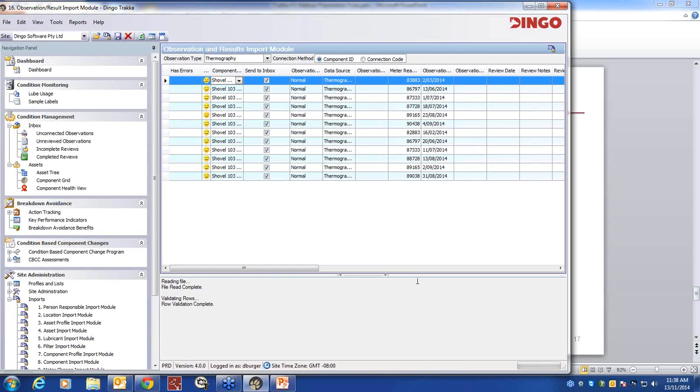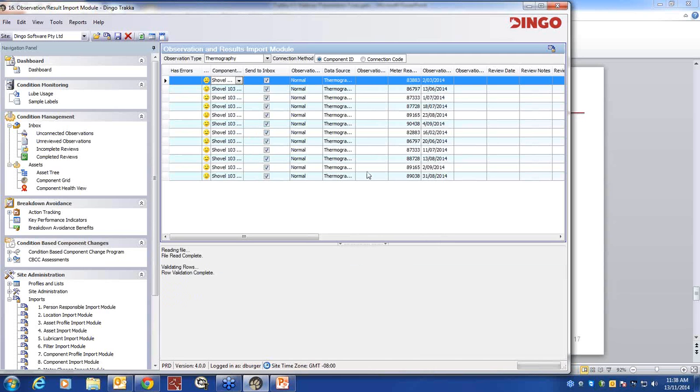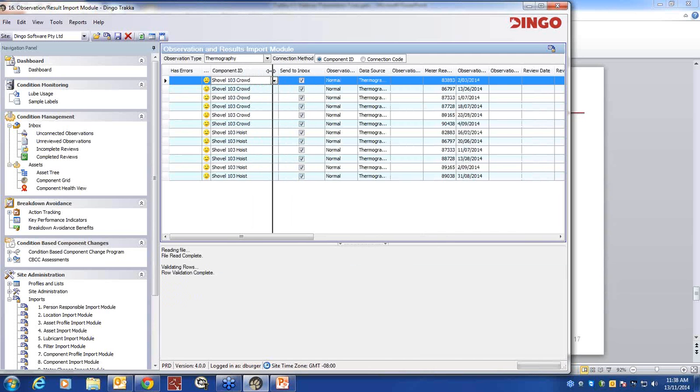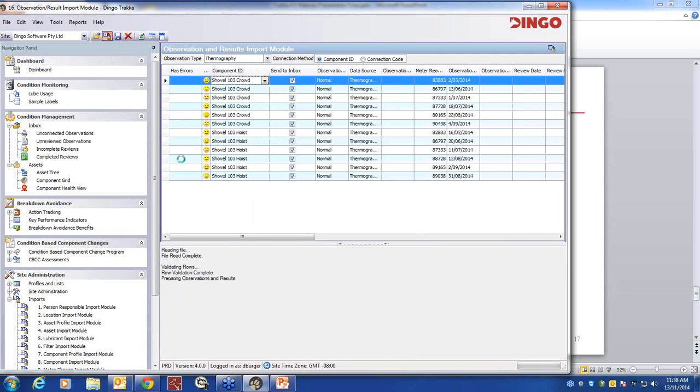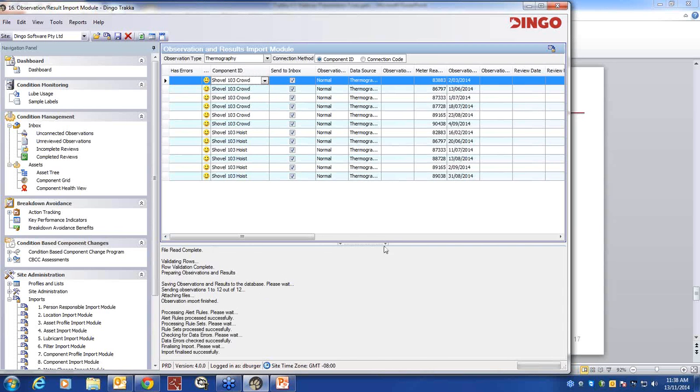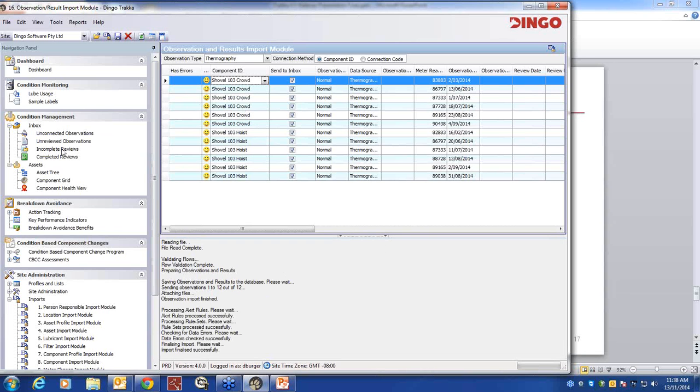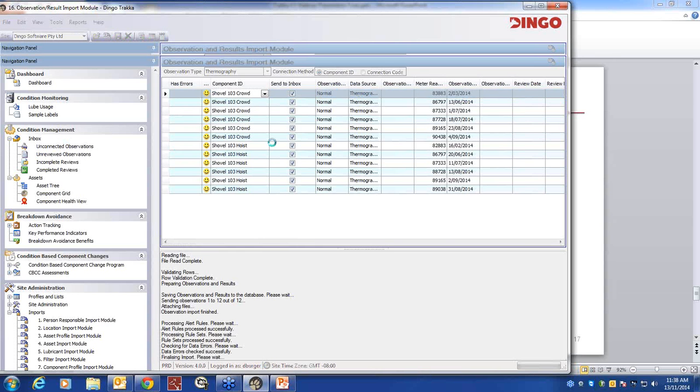So let me just click on import here and show you these going in for Shovel 103. Click on import data. You can see the log is updating here down the bottom. And now it's finalized successfully for those 12 observations. And if I go into the inbox again,